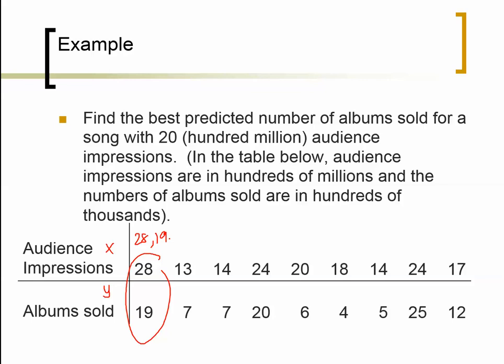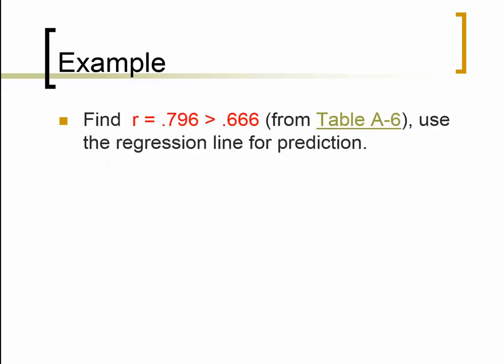So we need to enter the data in the calculator, and then we need to figure out what r is, and that's going to help us figure out if we have linear correlation or not. And then after we find r, we can write our prediction equation by using the coefficients a and b. Okay, so from the calculator, you should get for this data set that r is 0.796. So now let's look at table A6,